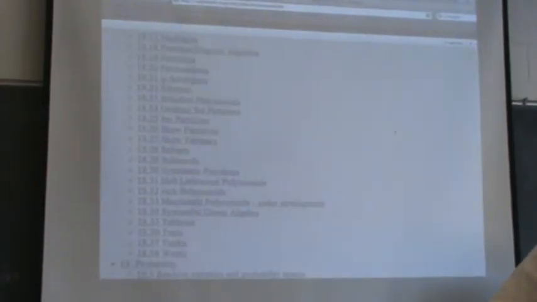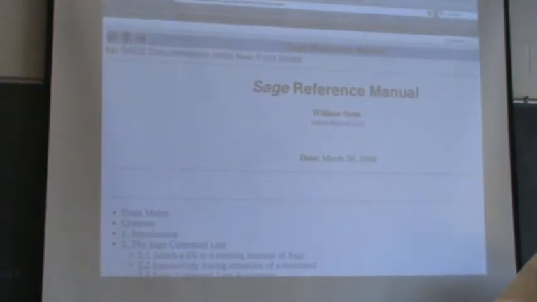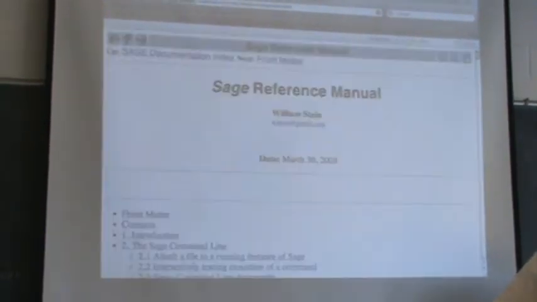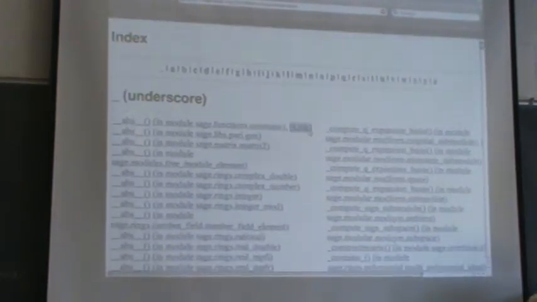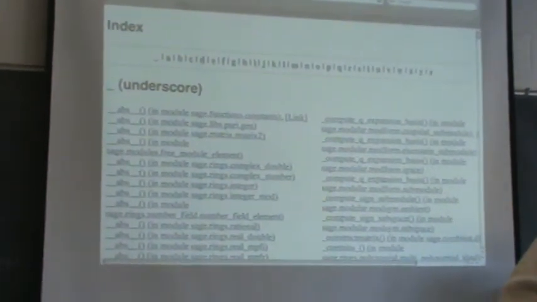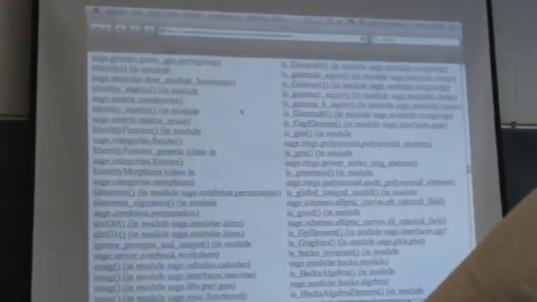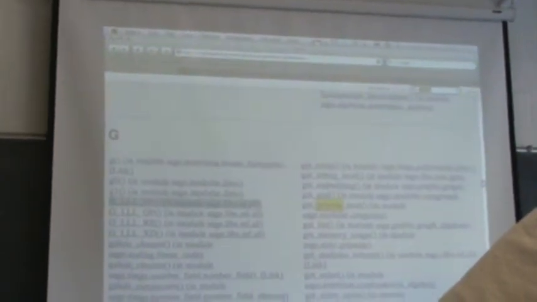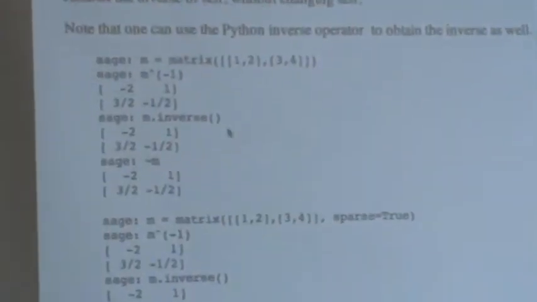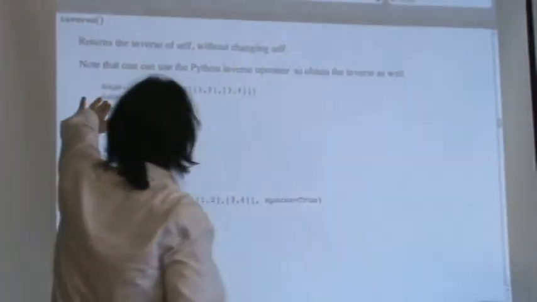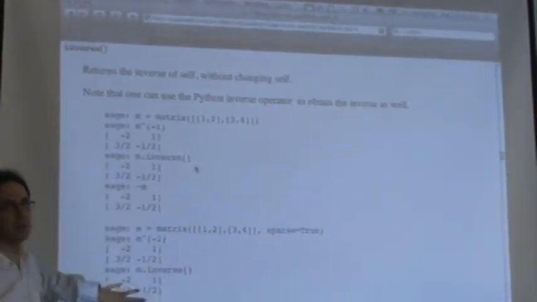Also, there's an index, which is really, really big. So here's the index, and you can just click on a letter, and then it'll give you every module or command or whatever that involves that letter. And you can also just do a full text search. So if I search for, say, inverse, I get something here, which is pretty specialized. This one looks useful. The inverse in matrix. And there we are. So this is the relevant section that tells you about inverting the matrix.